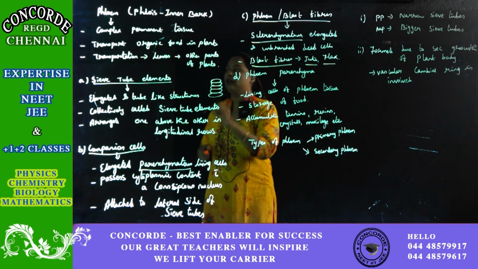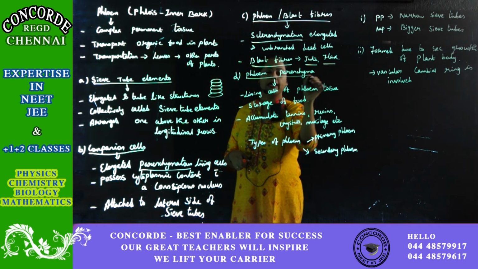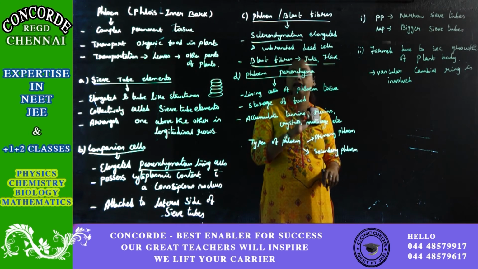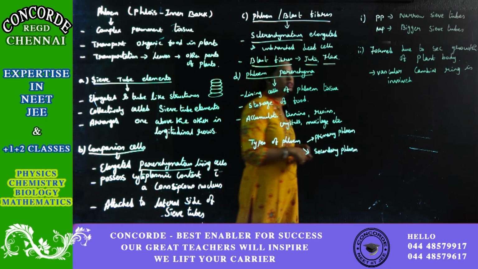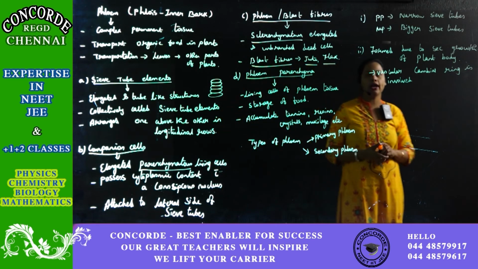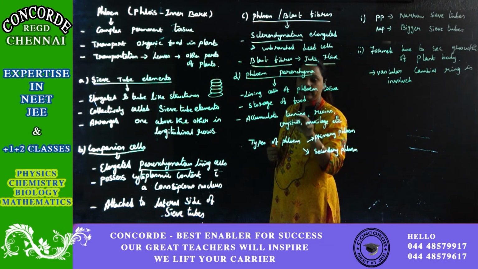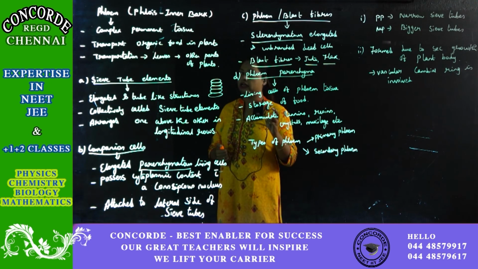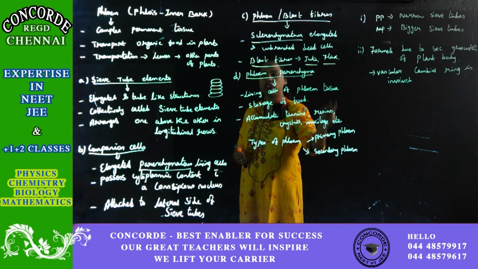The fourth type of phloem cell is phloem parenchyma. This phloem parenchyma has parenchyma cells, which are living cells, and it will store the food materials. Not only does it store food material, it also accumulates tannins, resins, crystals, mucilage, etc. In the earlier case it was storing nectar, oil and everything; here it is storing tannins, resin, crystals, mucilage, etc.